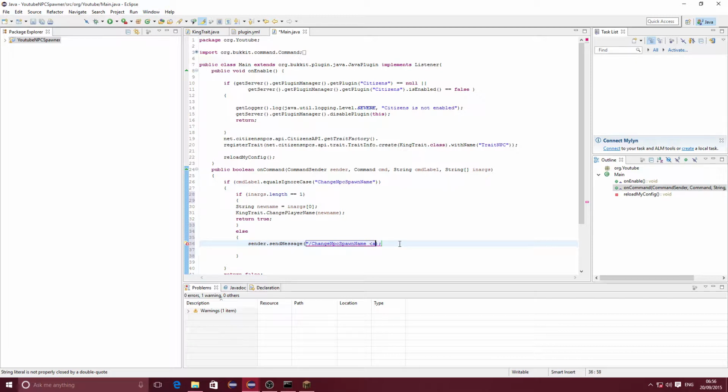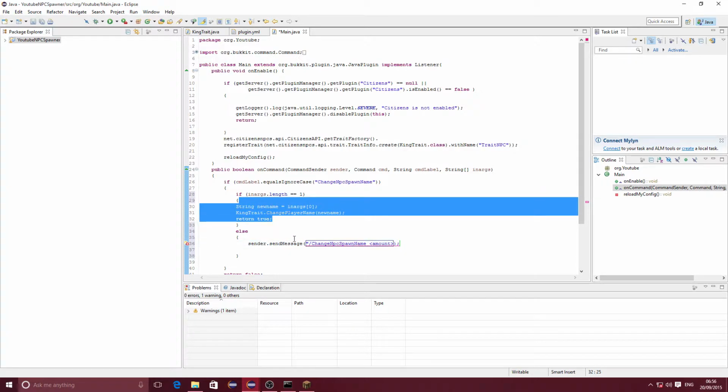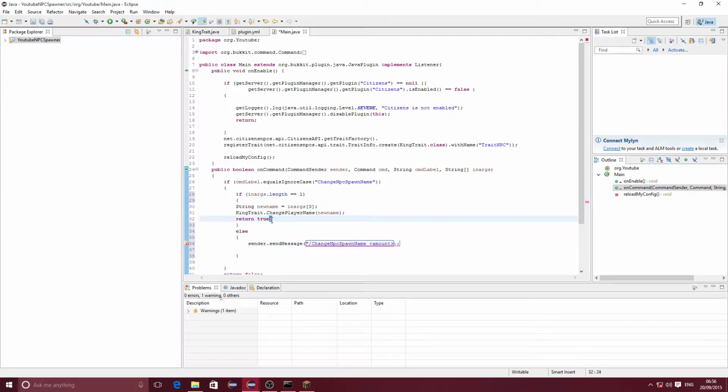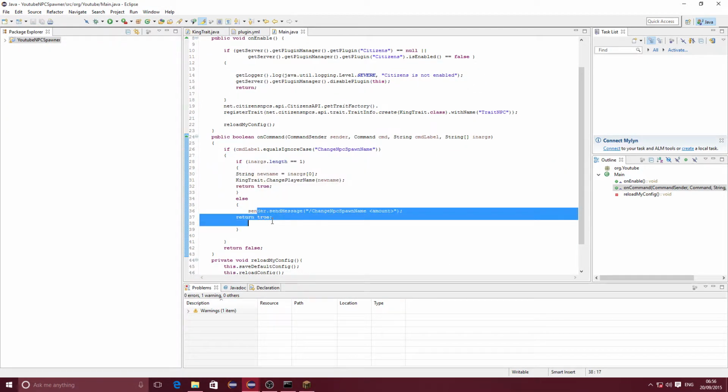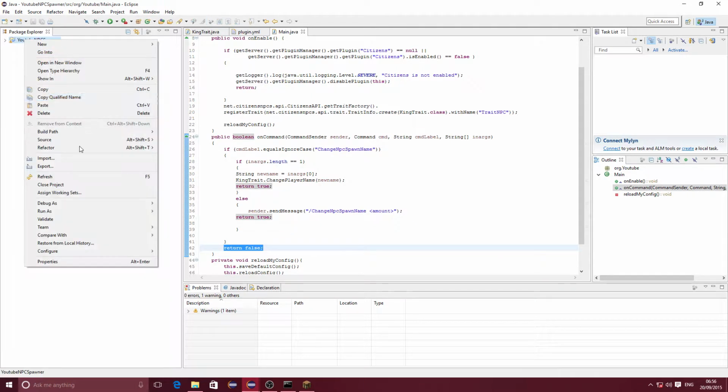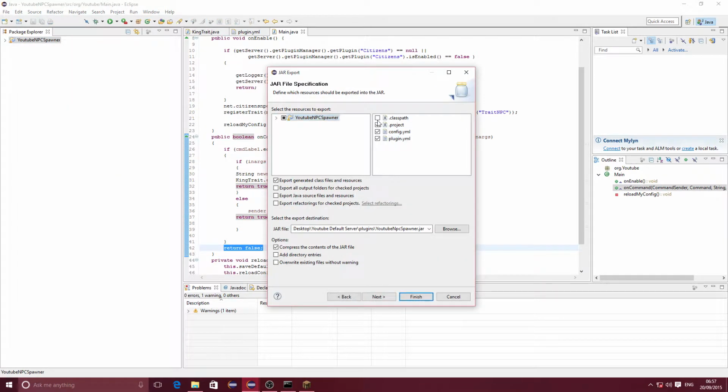and then amount. What this means is that every single time that this fails, it will just do this instead. So this way we can do that, and it can also return true because the command did work. It just didn't do what we wanted it to do. So we can now close this off. And there we go. So now every time that this is false, it will do this and then carry on. So now we export this,